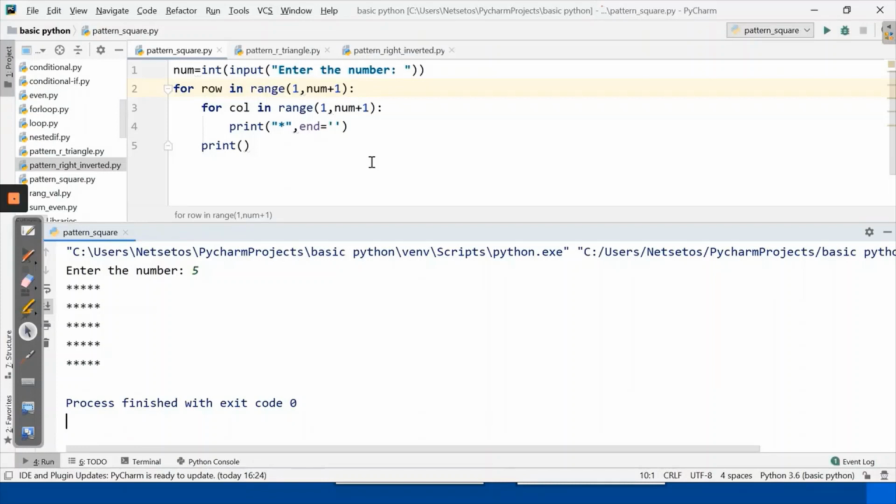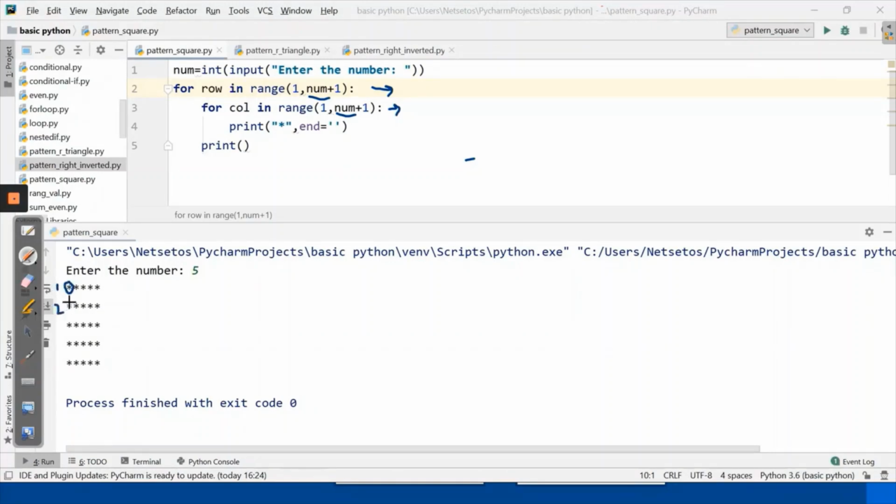Now you must have noticed here we have this num plus 1 and num plus 1 because this is for rows and this is for columns, and they are not at all dependent on each other. But for the triangle, what we'll do, we need to have one row, in the first row just one column.